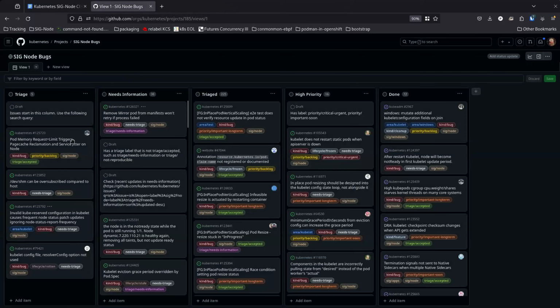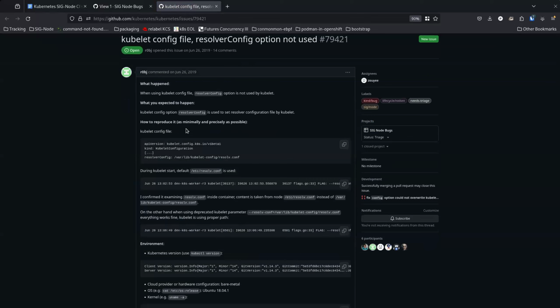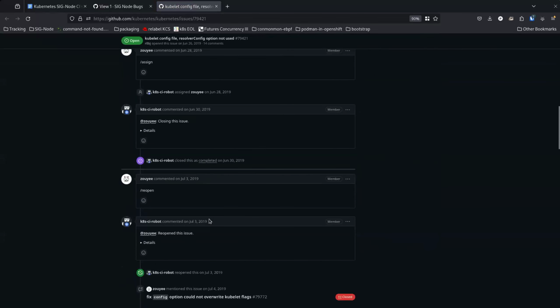Cool. Ooh. Solver config option not used by the kubelet. Interesting.